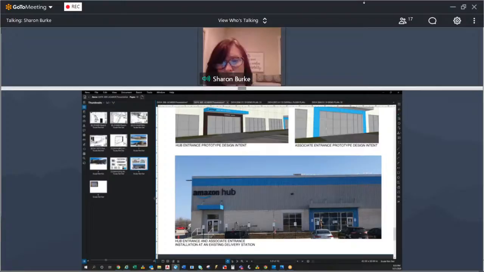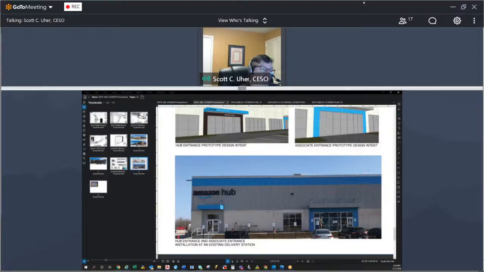And my other question was, we're talking about painting a portion, or the majority, of this building Amazon, but the other portion is going to stay its existing brick? Yeah, that's correct.